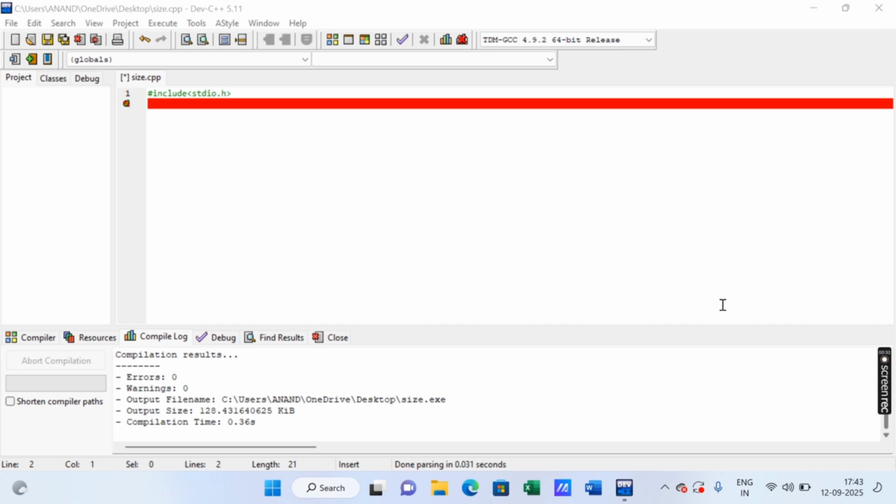Now whenever we use the sizeof operator with a variable, data type or any expression, it is going to return the size of that particular data type in bytes. So basically it is used to determine the amount of memory space that the variable, expression or data type will take. Now today we'll write a simple program which will show us the memory consumed by the integer, long integer,